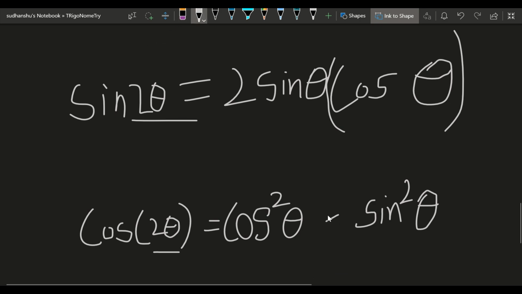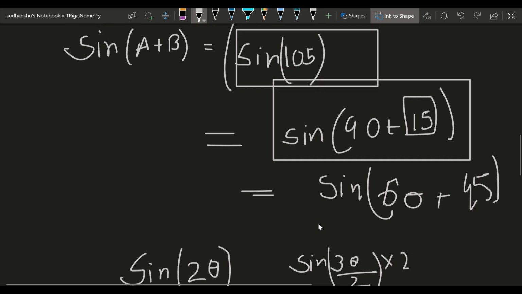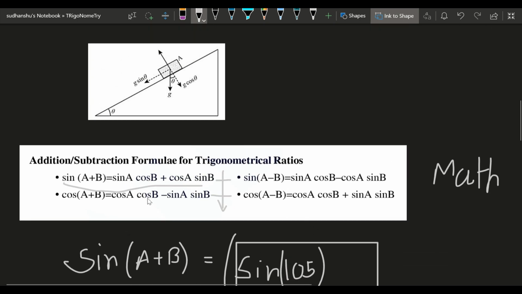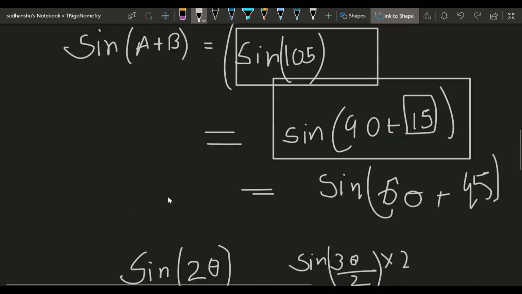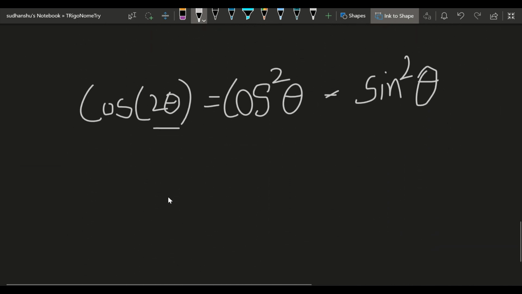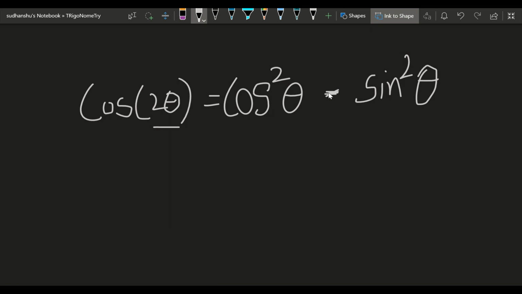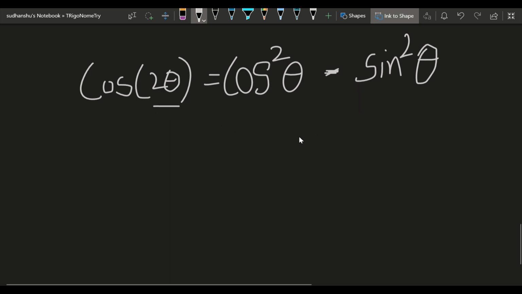Because the formulas here are quite opposite. It's cos theta minus sin theta for cos. The consecutive sign here, if there is a plus in cosine here, then a plus comes here, but for cos, if here is plus, then minus comes here. So this is a little contrast in the formula. So yeah, but minus will come here. Because cos square theta plus sin square theta is equal to 1, so that could have never been true.